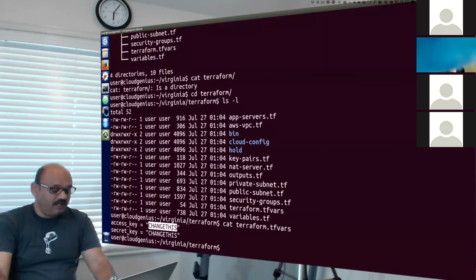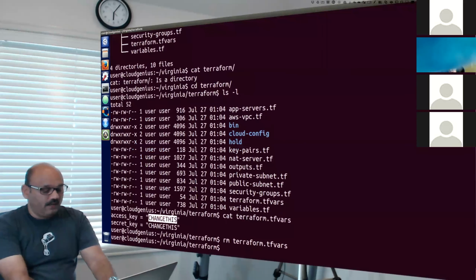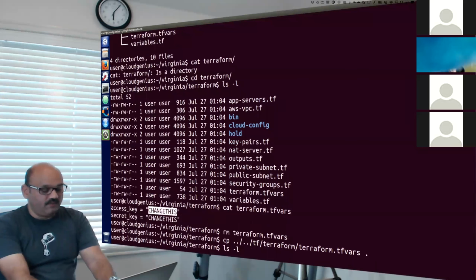We have it. So I'll remove this file, and I'll say, you know what, copy from that. That's what we did. We just copied that thing from the other folder that we are working in, the east, on the west coast.